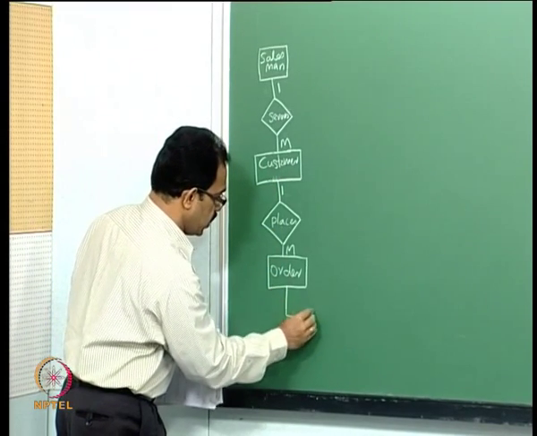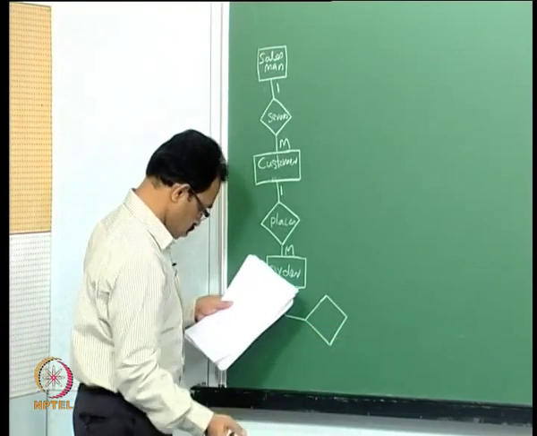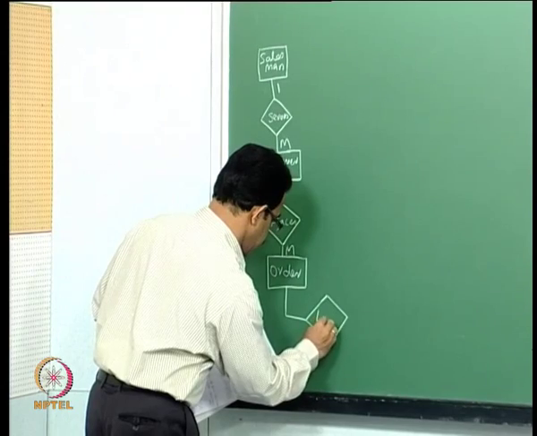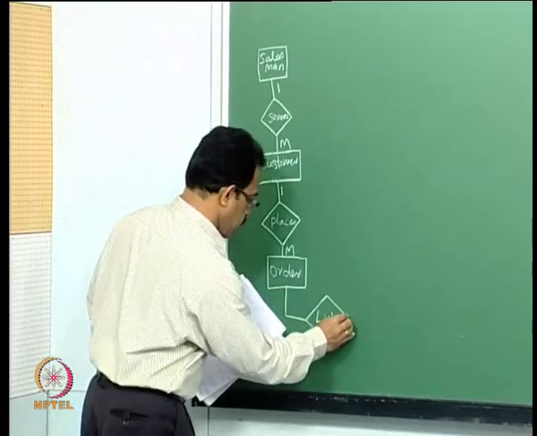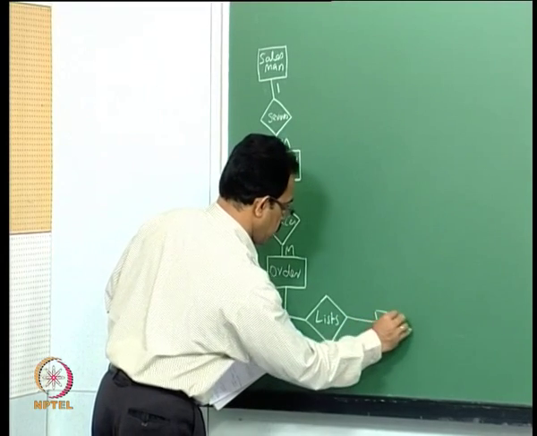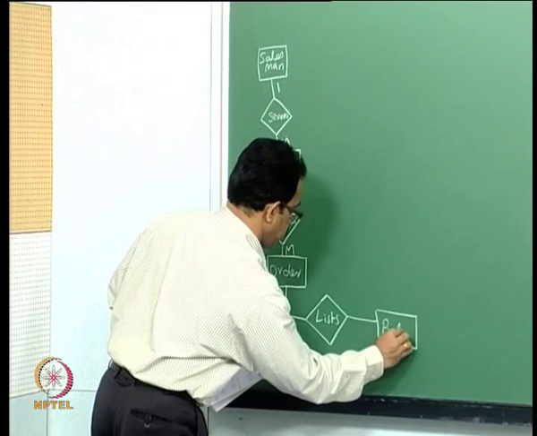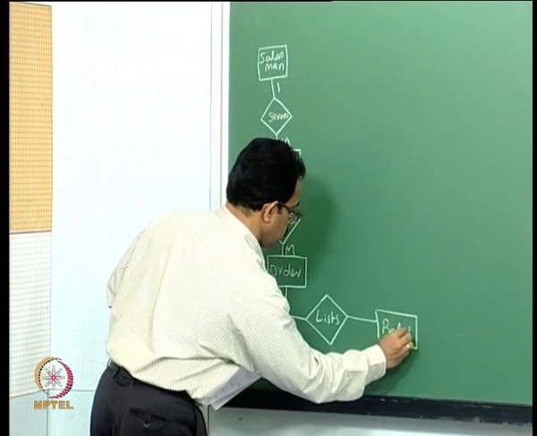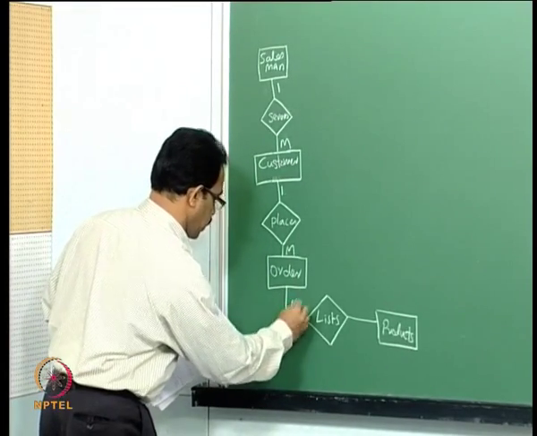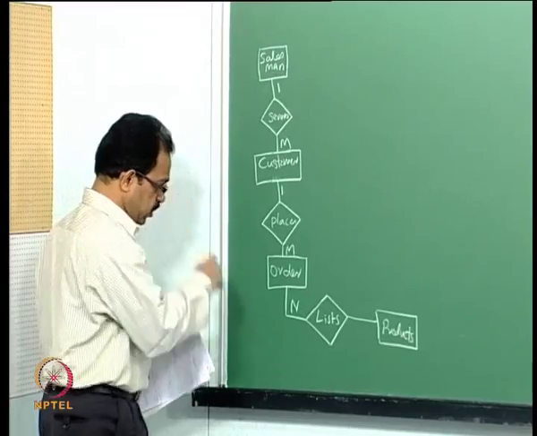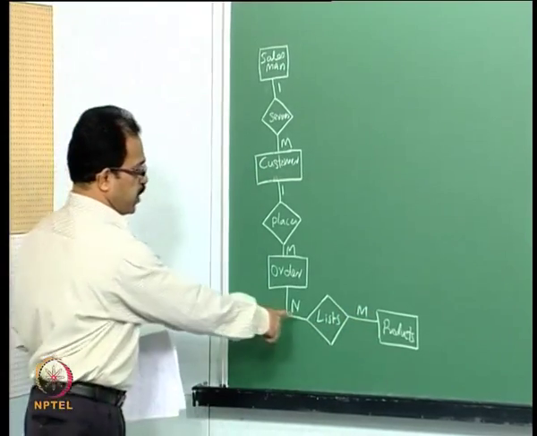So, he will actually list all the orders. This is the relationship, the orders are listed together. So, he will be getting a list with many products. The final product relationship: the list will be having many products. So, he will be having n lists, I am using n to show the many relationship. So, n lists with m products. So, this is again a many to many relationship.